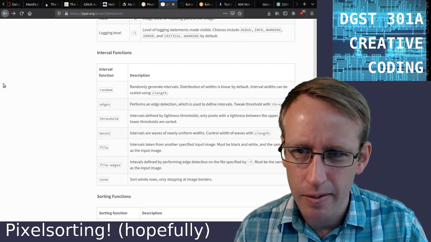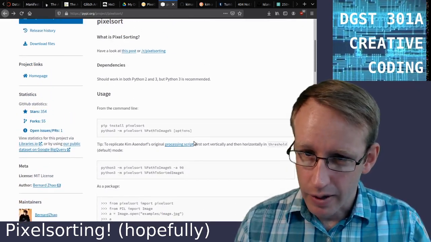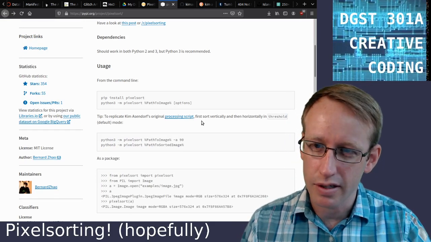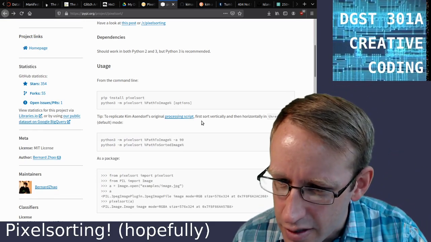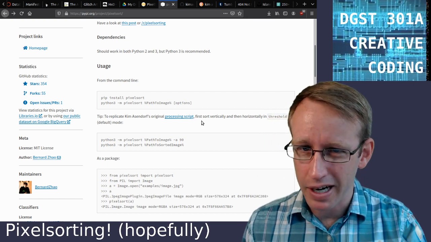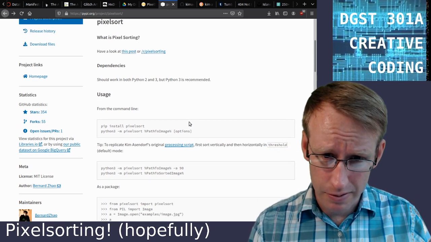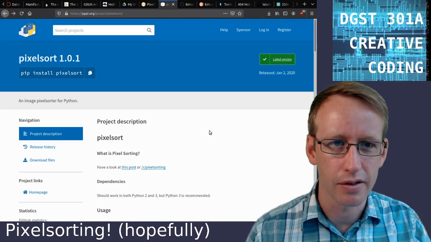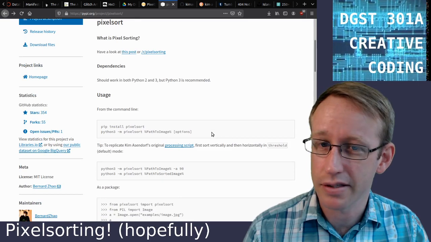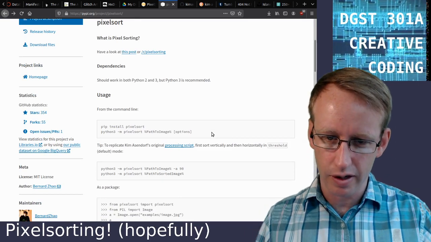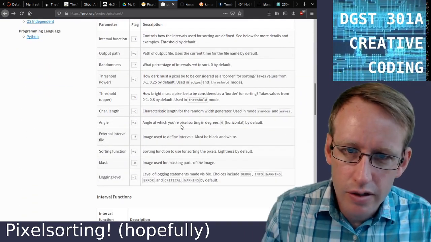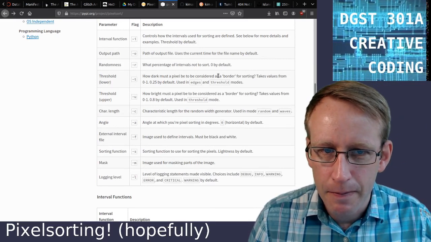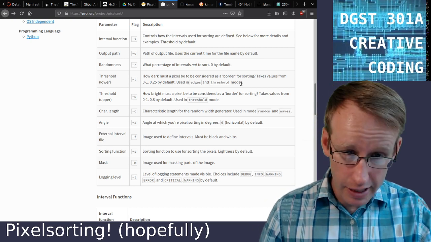This script was created, by the way, by several people. Kim Asendorf came up with the original concept and did the processing scripts. It looks like Bernard Zhao made a Python package for it, but this actual script is by Satyarth, that's their GitHub username. I don't know their real name, but they really get the credit for the code that we're using here. And the threshold is where you can change the borders for